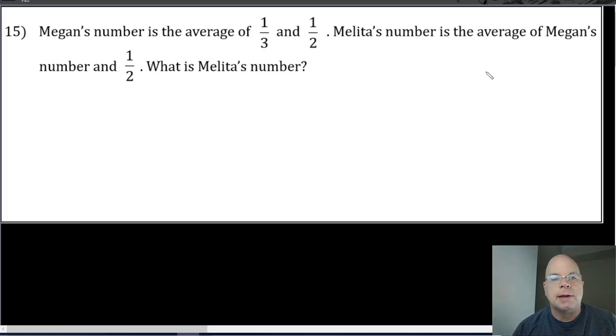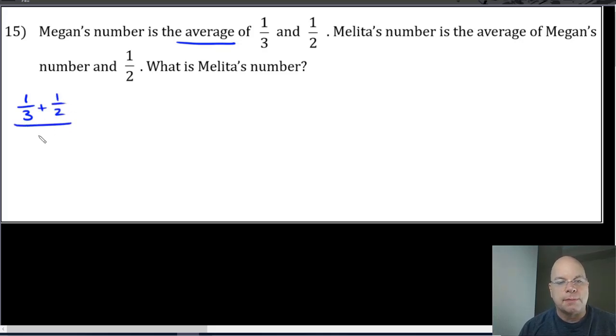Problem number 15. Megan's number is the average of 1/3 and 1/2. Melita's number is the average of Megan's number and 1/2. What is Melita's number? This is a simple problem. It's just that the data that we're using are fractional. So we know to find the average or the mean, we add the numbers together and divide by how many we have. So if I construct a complex fraction to see this, it would be 1/3 plus 1/2,